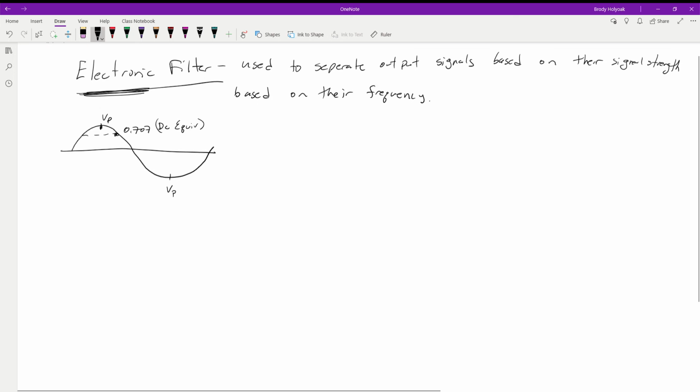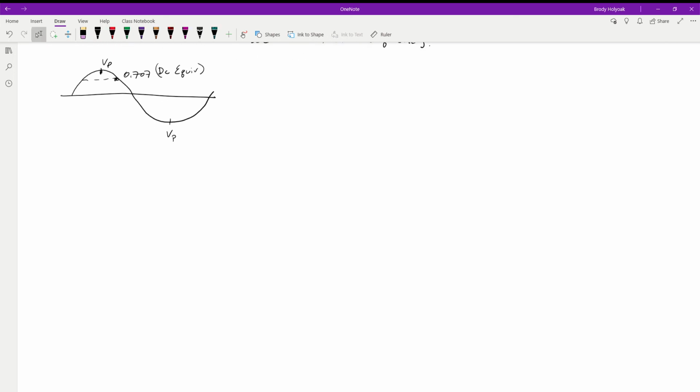So the next term, after our electronic filter, is a decade. And again, my pen shut off, so we've got a decade. When we go up and down a decade, think of it in terms of our frequency. This is equal to 10 times a frequency. So if we go up a decade, we multiply our frequency by 10. If we go down a decade, we divide our frequency by 10. So that's one of the terms that we're going to use.